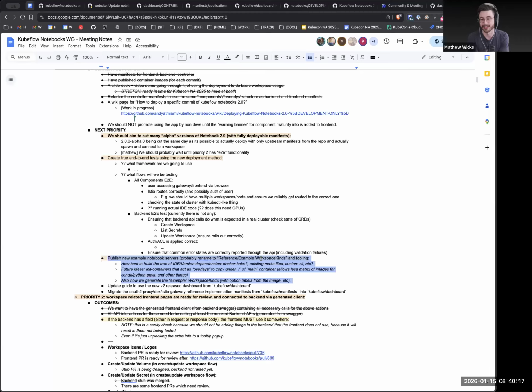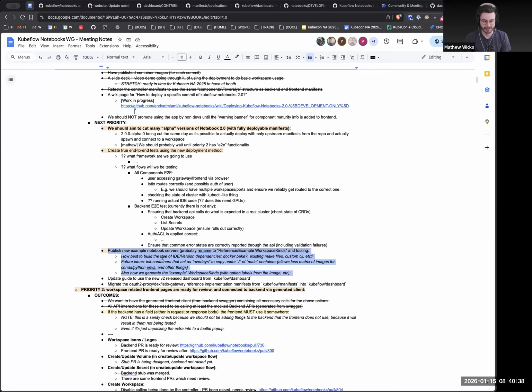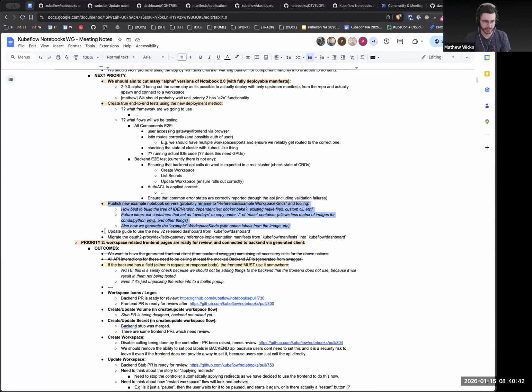Or a new branch. I guess that's the first debate. Is it a new branch? I don't know. Anyway, in my mind that is part of the release. That's part of the alpha. We need to have at least the same three workspace kinds as currently exist. And so I can manually write them, I guess. But yeah, I don't know. And anything we build might be useful for everyone else. Okay, let's keep going.